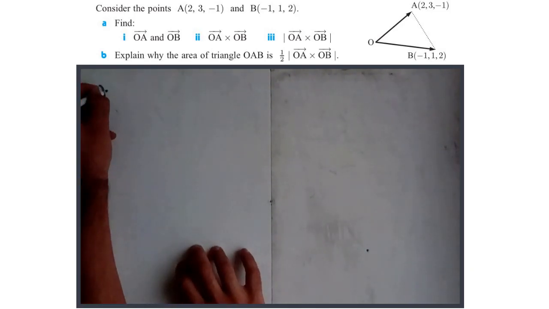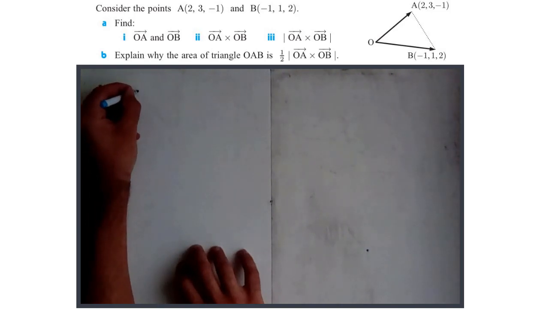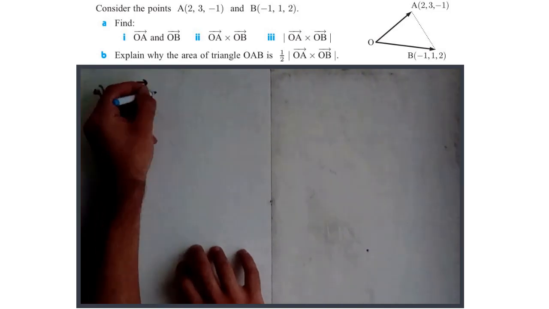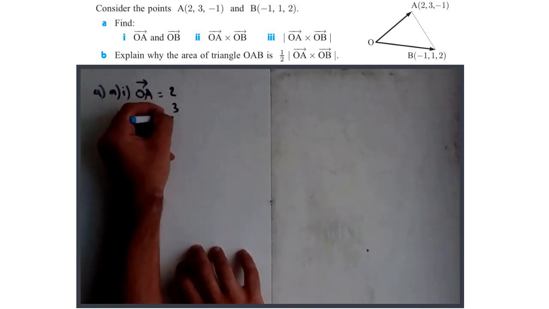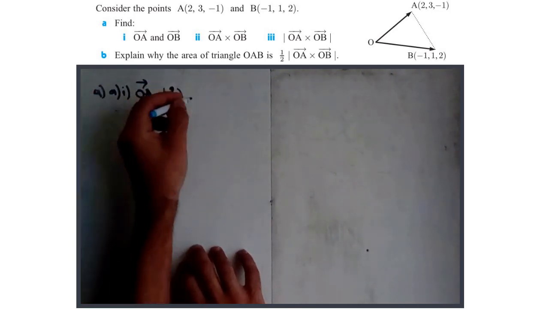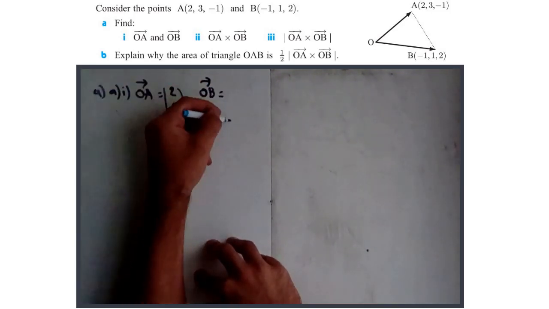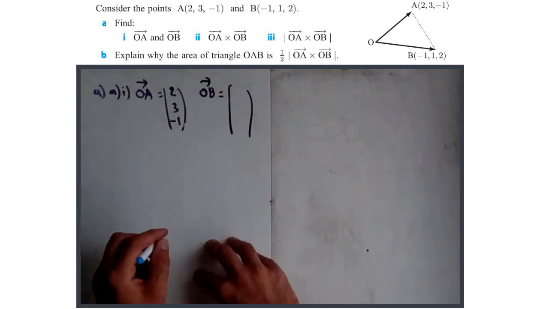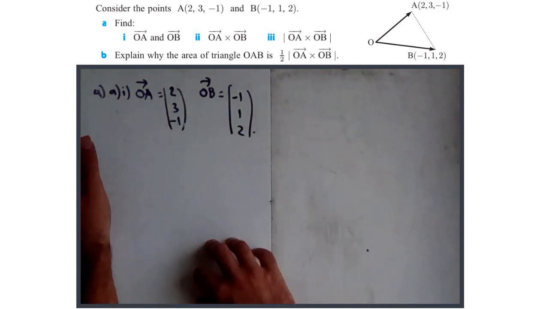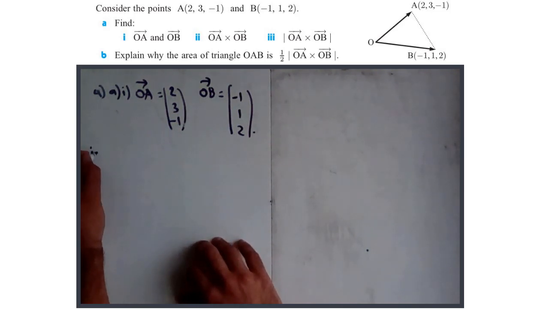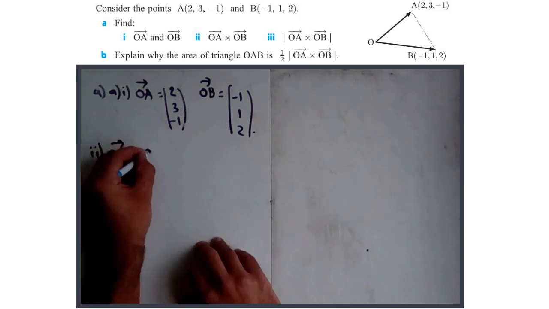So, part A, part 1, OA, as I was saying, is just the position vector of A, so that is 2, 3, minus 1. And OB is just the position vector of B. So that is minus 1, 1, 2. Okay, part 2. So OA cross OB,